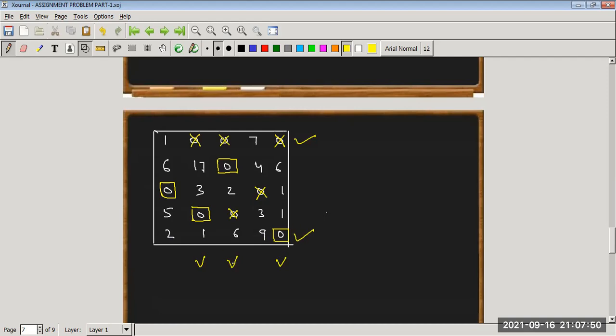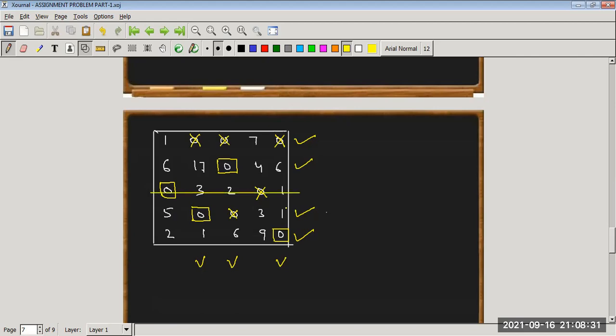Now come to column number 3. The ticked column has an assignment. Yes, this is an assignment. So tick that row. If there is any other 0 in this row, then we have to tick that column again. But there is no 0, so come to column number 2. This column number 2 also has an assignment. So we tick the row, and there is one more 0, but we have already ticked this column, so there is no need to tick again, right? So all the zero ticking process is over. Now what we do, we make a line through the unticked row.